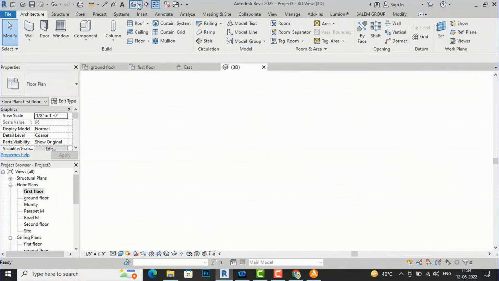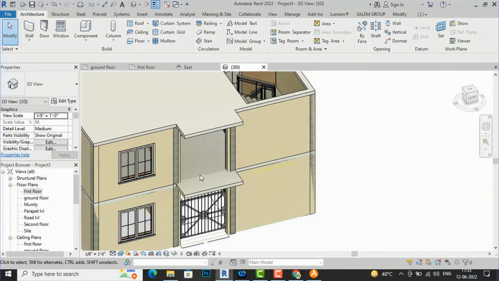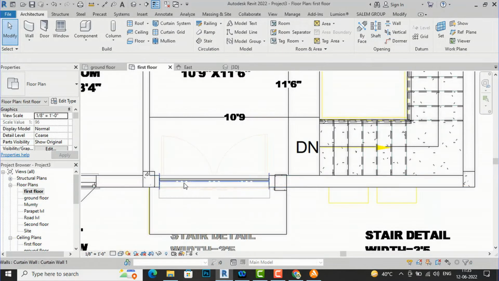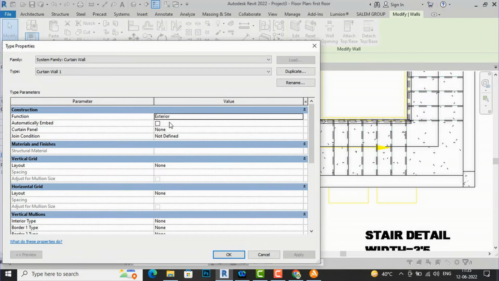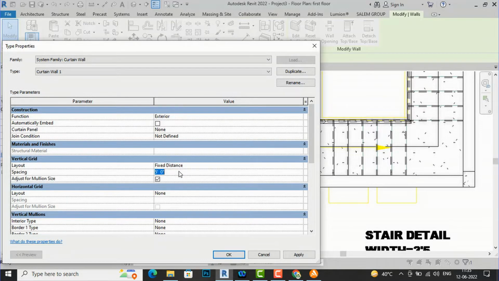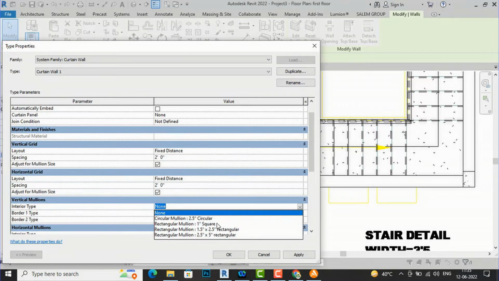And if you go to your 3D view, you see this is our curtain wall. I'll show you. This is our curtain wall here, and we are required to define some grids here. So I'm going to select a vertical grid, fixed distance, and I will take 2 feet, and horizontal grid also I will take as fixed distance, and I will make it 2 feet, and mullions I am going to select 1 inch square,